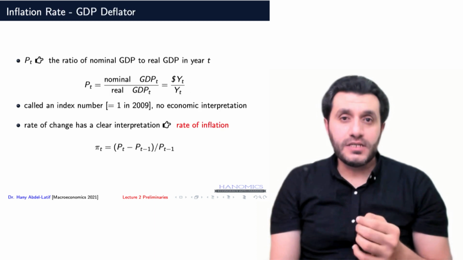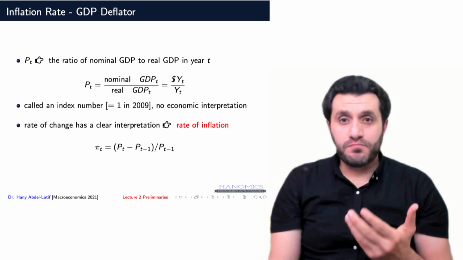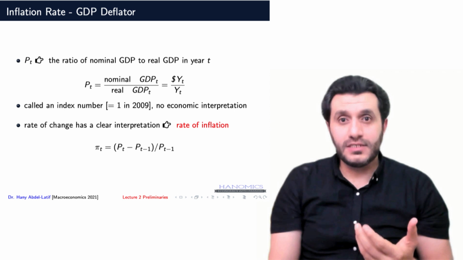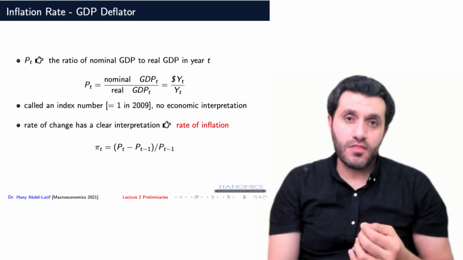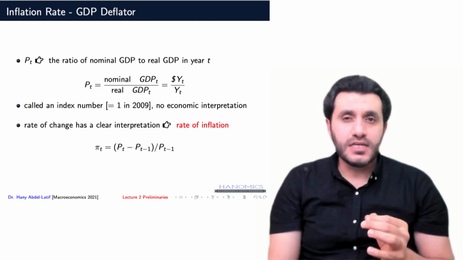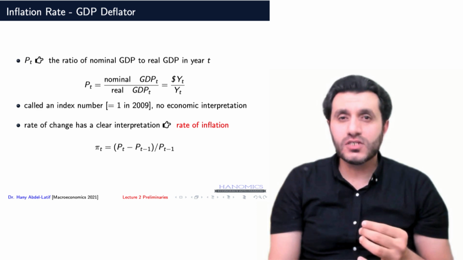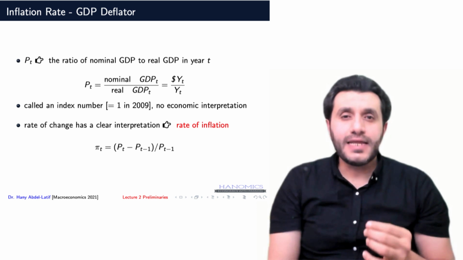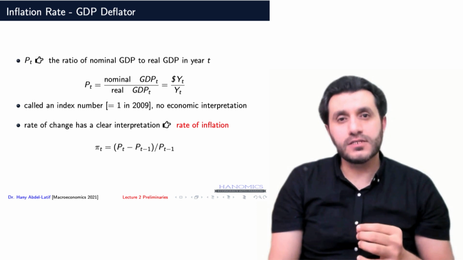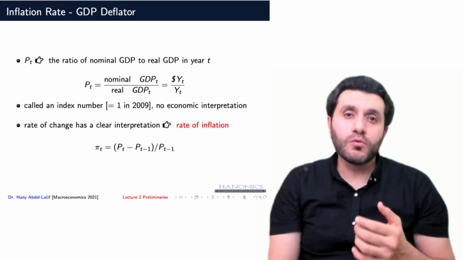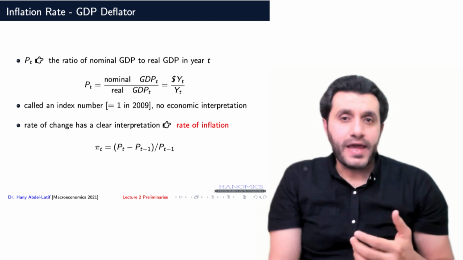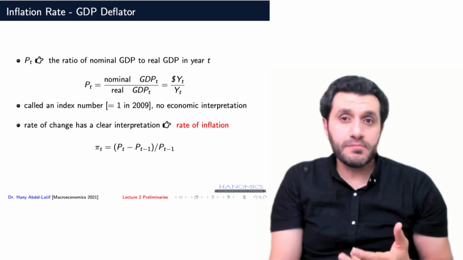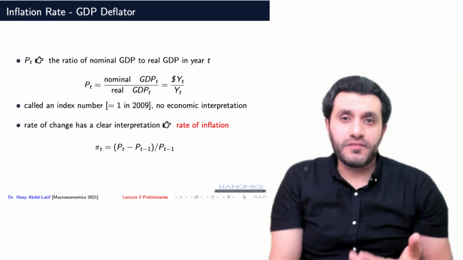According to the GDP deflator, the price level P_t is the nominal GDP, denoted by Y_t, divided by real GDP in that period, or in time t. This fraction would give us an index that does not have an economic interpretation by itself, but can help us calculate the inflation rate, or the change in the overall price level. The inflation rate would then be (P_t minus P_t-1) divided by P_t-1, using the GDP deflator to measure the